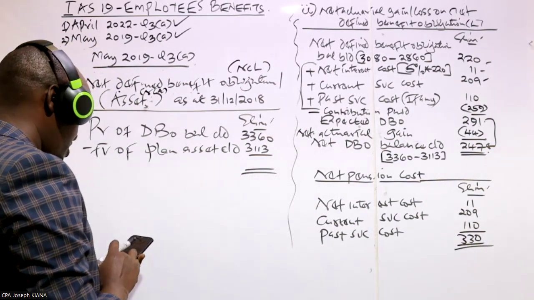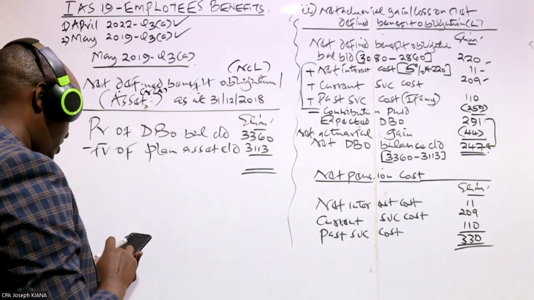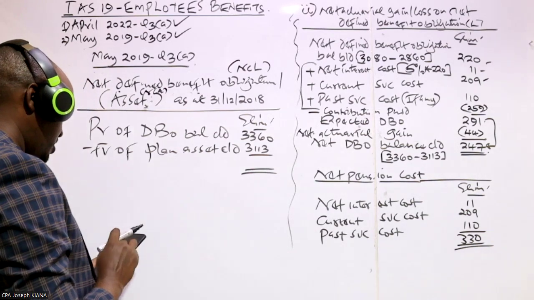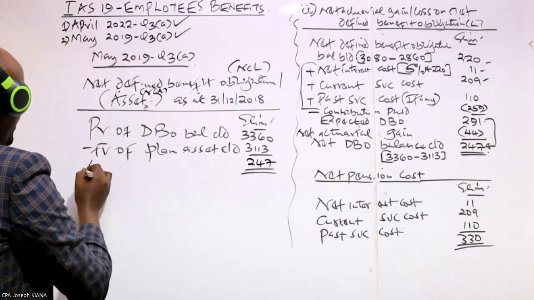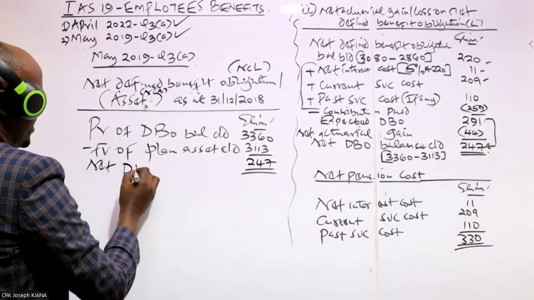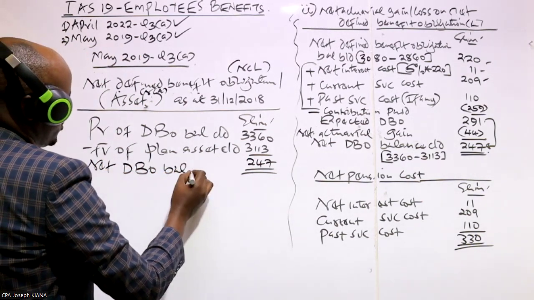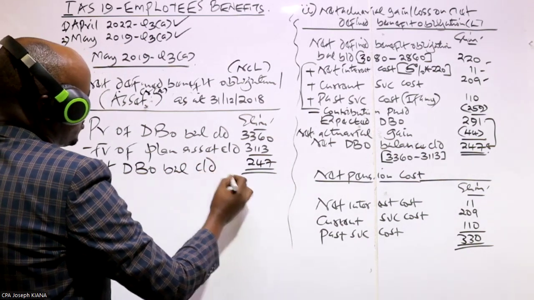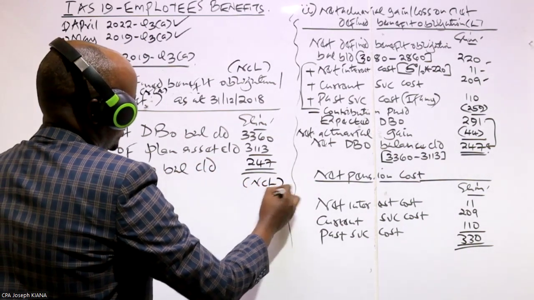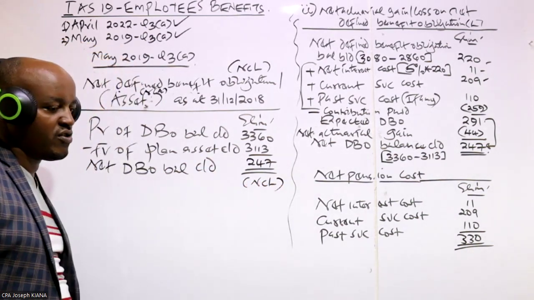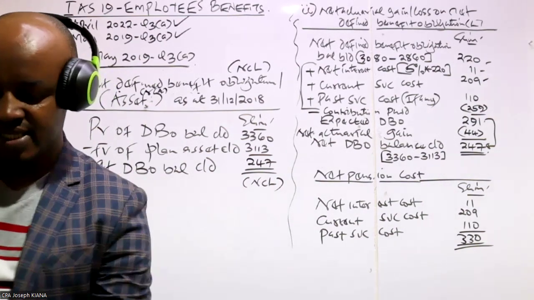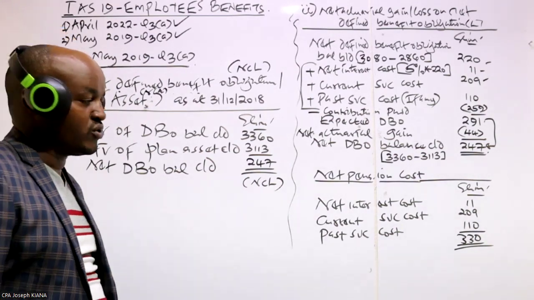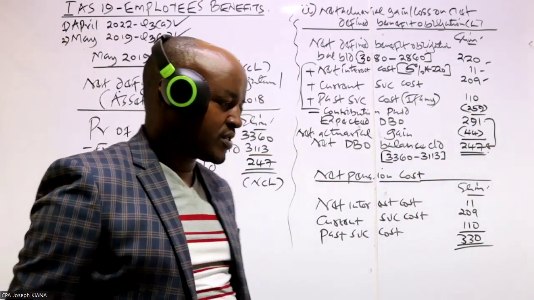So what do we have here? 3360 minus 3113, which will give us 247, which is a positive figure, meaning that it is a net defined benefit obligation balance carried down. So this will be recognized in the statement of financial position of the employer as a non-current liability. So basically that is what was required as far as those 2 questions are concerned,